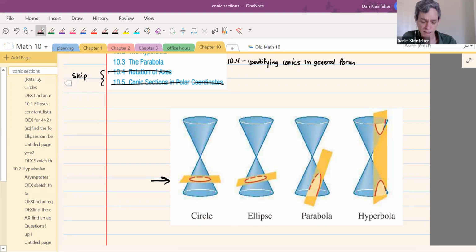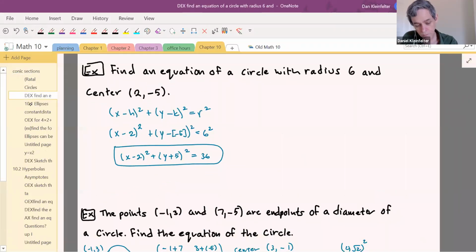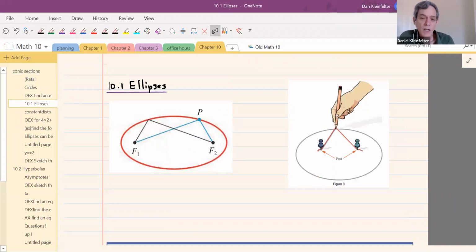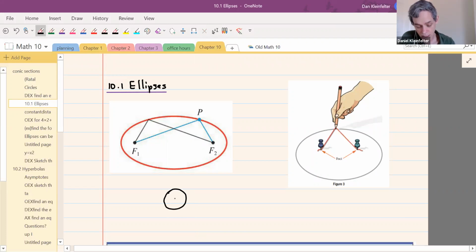Not so much in terms of what the cone looks like, but more just the two-dimensional shape in and of itself. So the ellipse is defined in terms of a distance, kind of like the circle was. We saw that a circle has the property that all of its points are equally distant from a fixed point called the center. So what the ellipse is defined by is, let's say we have these 2 points, let's call